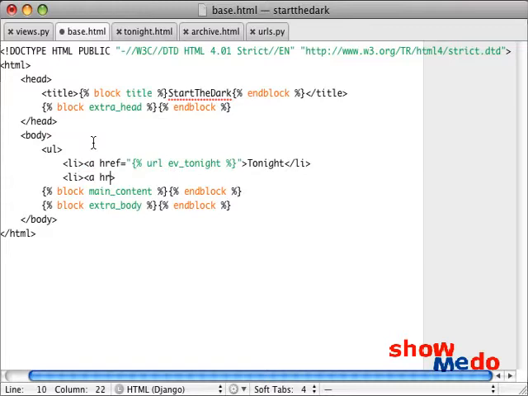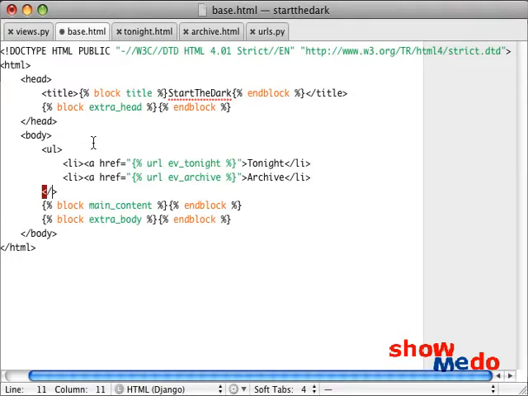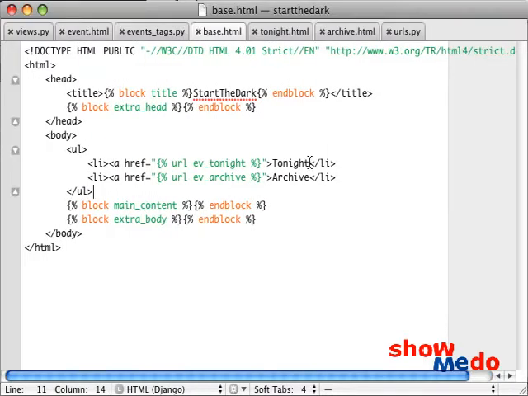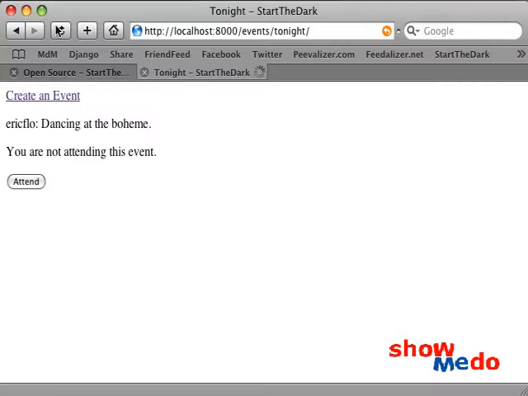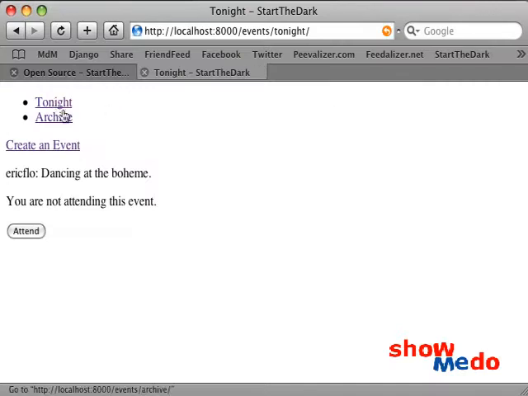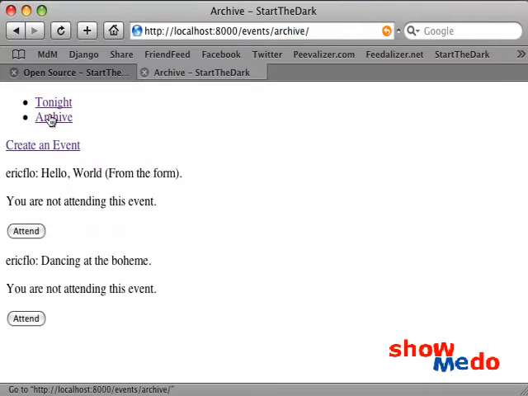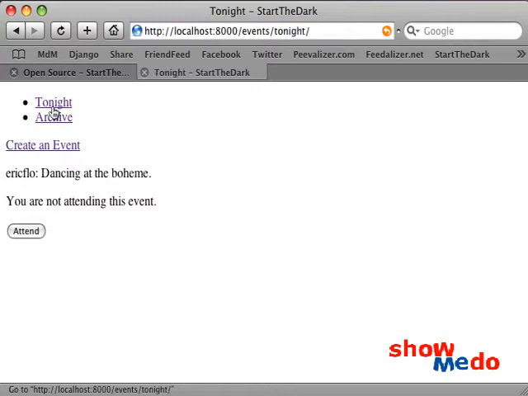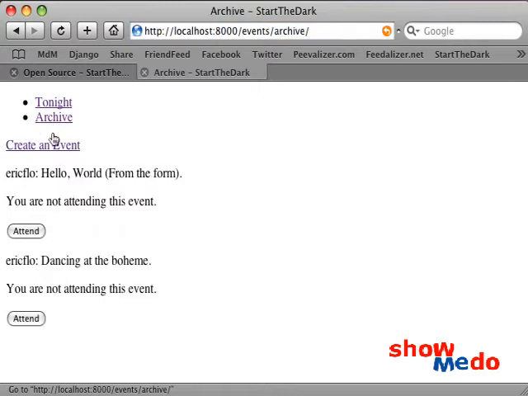Li a href equals URL ev archive. So now we will be able to navigate between the tonight view and, crossing our fingers, the archive view, which, yeah, it looks like we've actually got some slightly older things coming in as well,